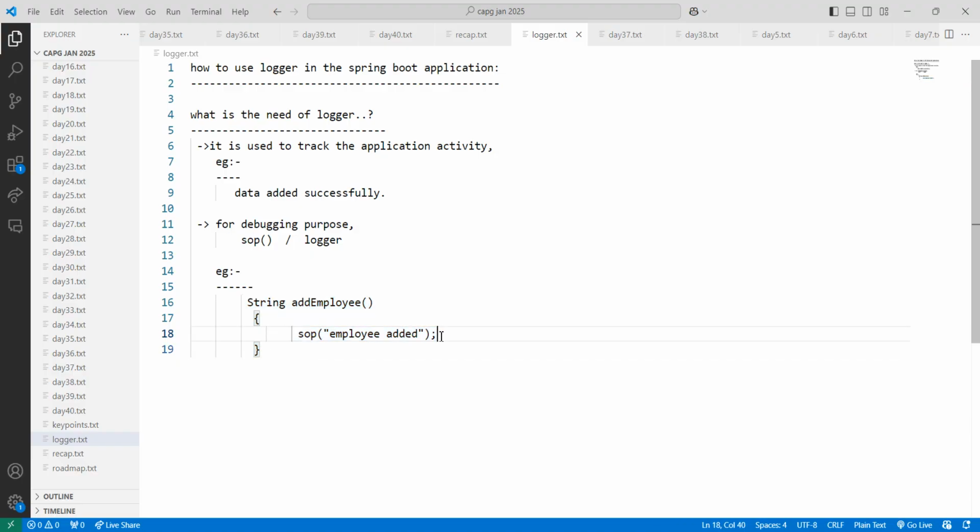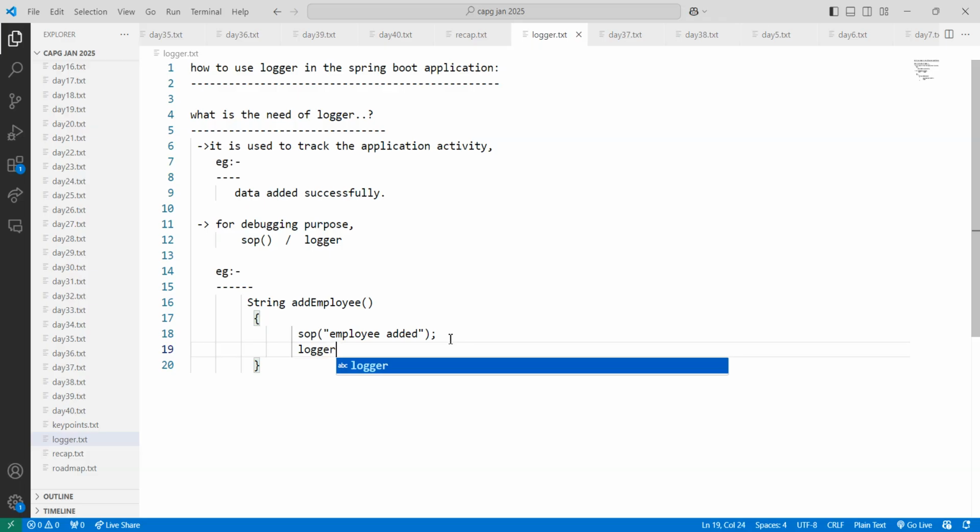And suppose when you're showing a demo to a client or somebody else, they don't want to see all these things and ask you to remove them. It is very difficult to remove all of them if you have print statements. Now Logger is like a pluggable. Instead you can use Logger dot info.